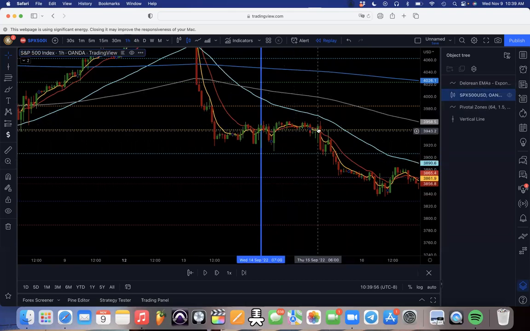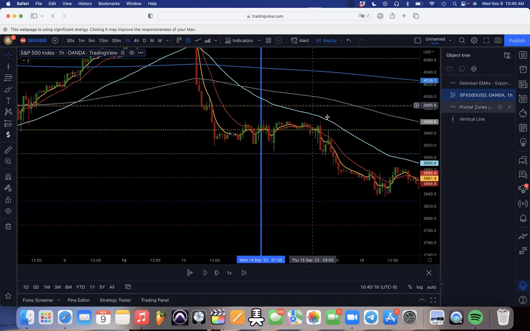Right here, rejection. Plus, price couldn't even get above our 50. So we got so many stop loss options on this sell-off. It's like, are we going to get in and put our stop just above the 50? We could put our stop just above this pivot level and these EMAs. This is some great